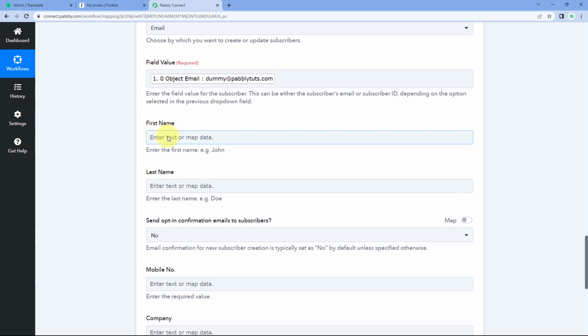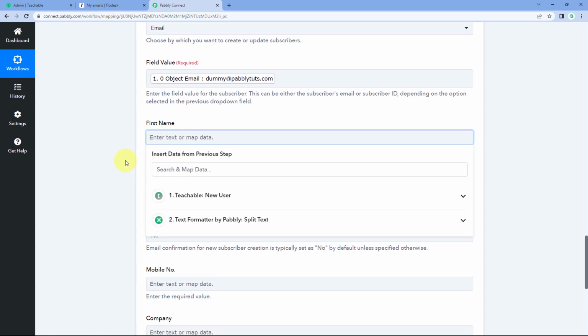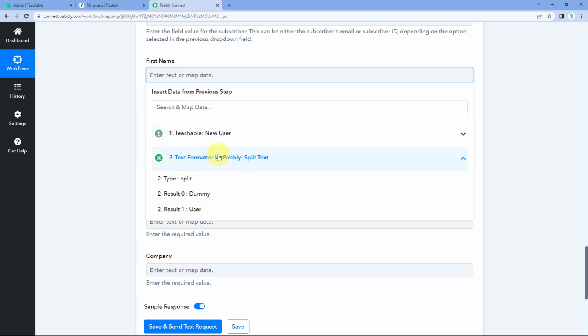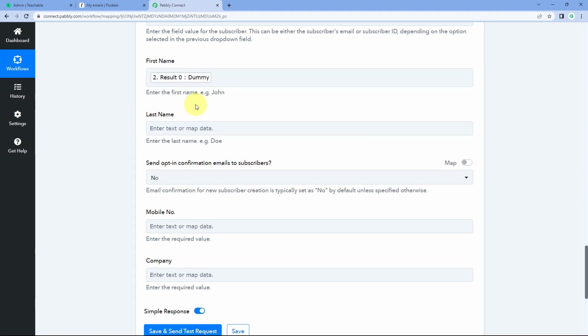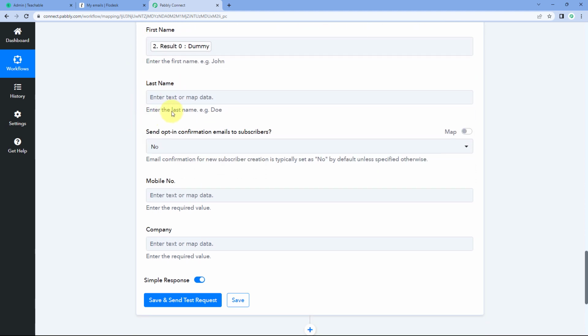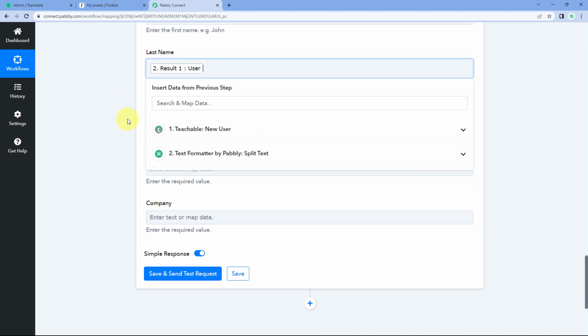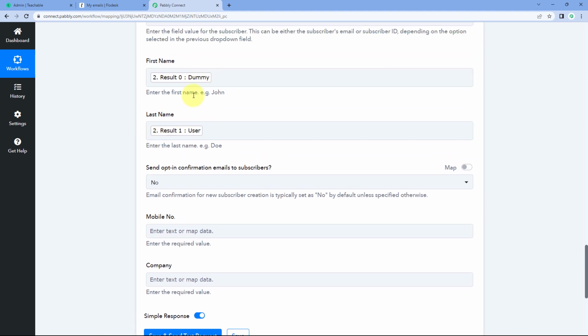And now when we try to map the data, here you can see in the drop down, we can see the responses of the previous two steps. So from the text formatter responses, select the response of first name and map it in the first name field. Follow the same process for last name as well. Just click here, and from the drop down, select the response of last name and map it too. So in this way, we have successfully separated the response of full name in two parts and mapped it into